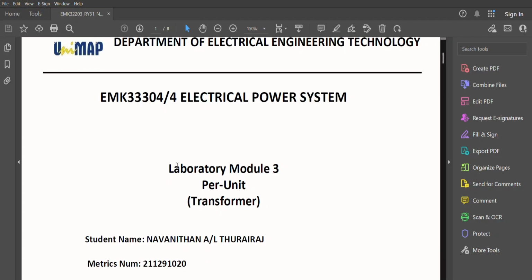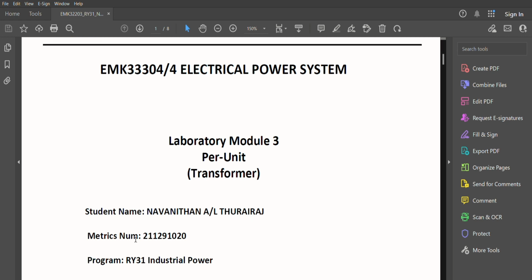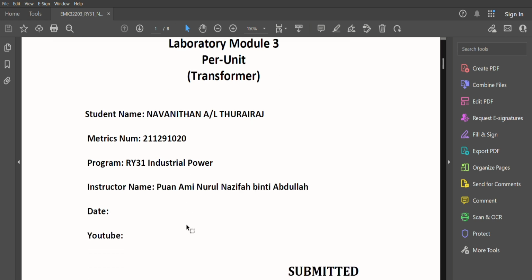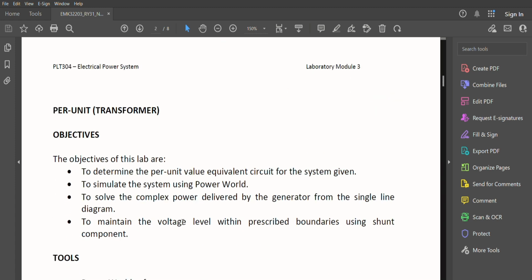Today we are going to discuss Lab Module 3, which is per unit transformer. My matrix ID is 211291020. So basically, the objective of this experiment is to determine the per unit value equivalent circuit for the system given,